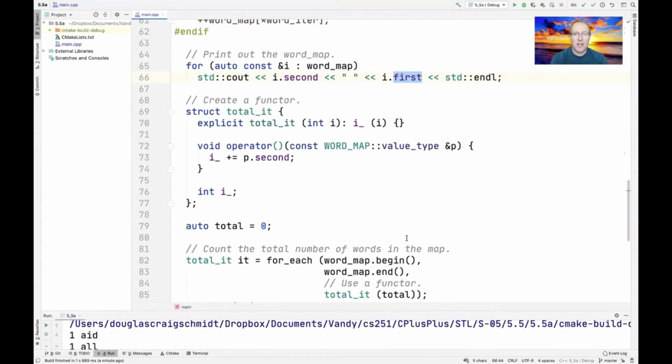And a functor is essentially a struct or class that defines operator function call. So you can see here's operator function call. And in this case, we're going to pass it the value type of the map with a const ref. And it's going to go ahead and just increment a local or a private data member, which keeps track of the count. So you can see that the way this works is the constructor for this struct called totalit is